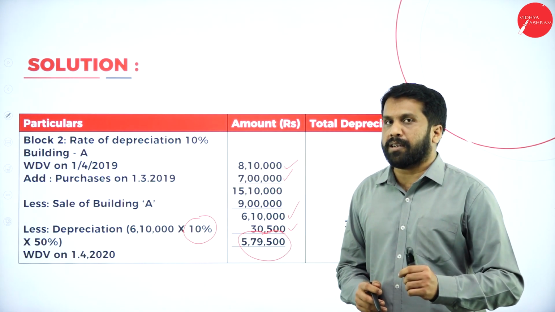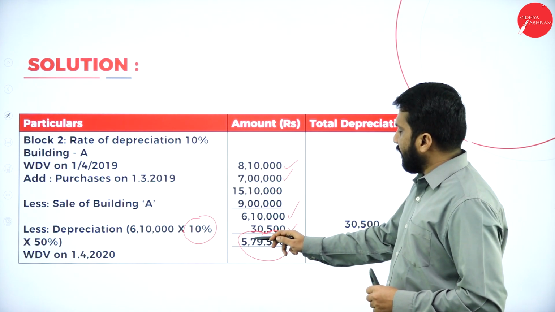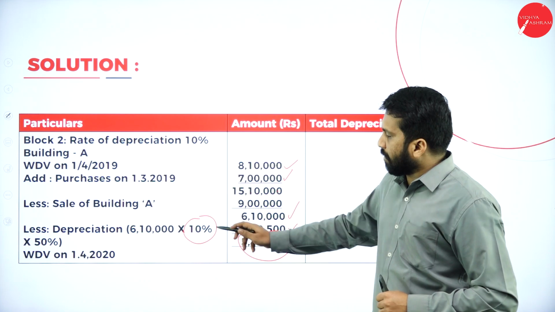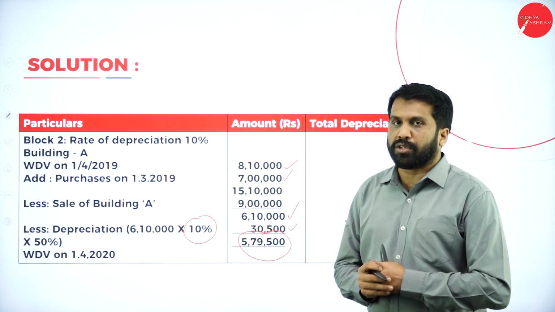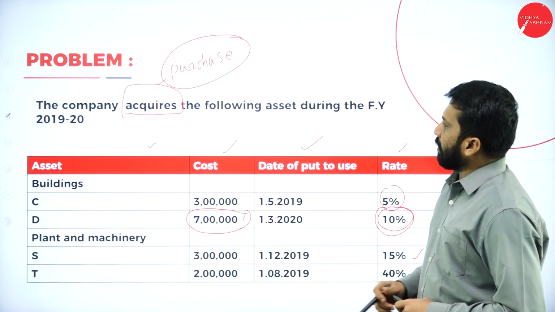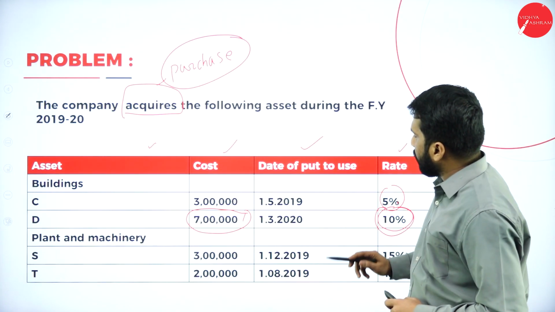79,500. Hope you are clear. Good. You got 5 lakh 79,500 as your answer. We calculated 50% depreciation. Why? I'll show you. Your building was acquired or purchased. When it is purchased,